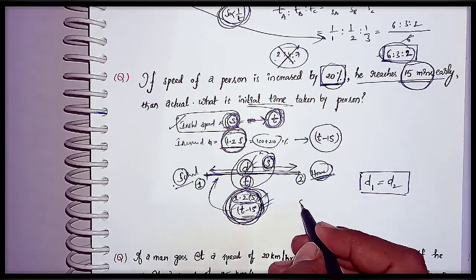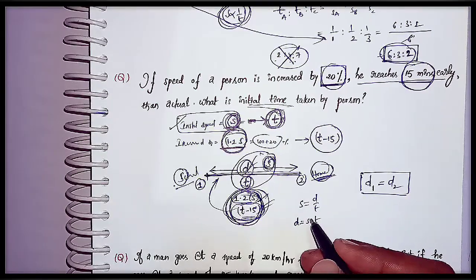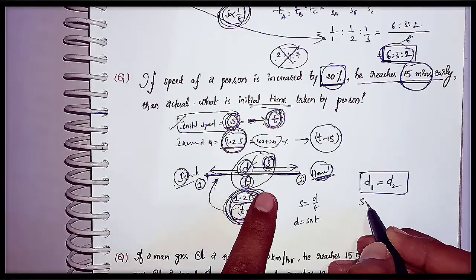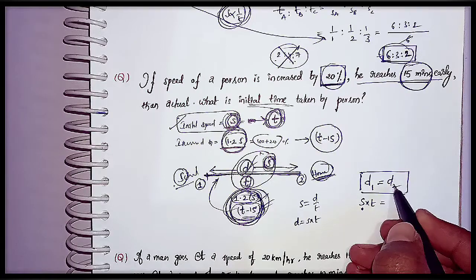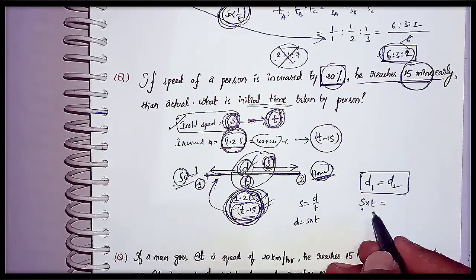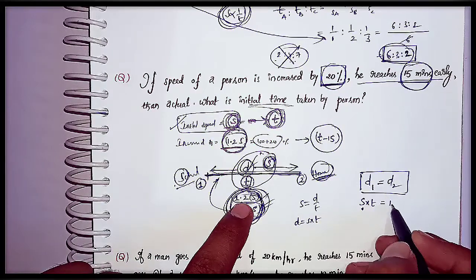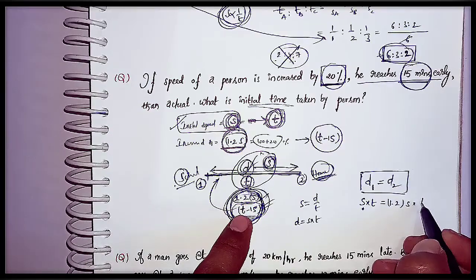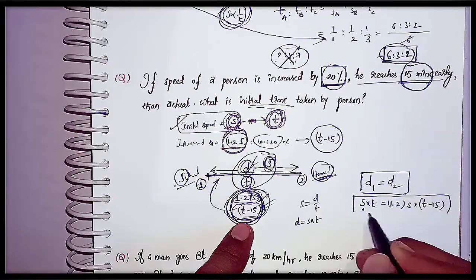Now as we know, speed equals distance by time, so distance is speed into time. Yes or no? In the first case d1 is s1 into t1, that is s into t. In the second case d2 is again speed into time, where s is 1.2 s, as he increased the speed, and the time is t minus 15. If we get this equation,